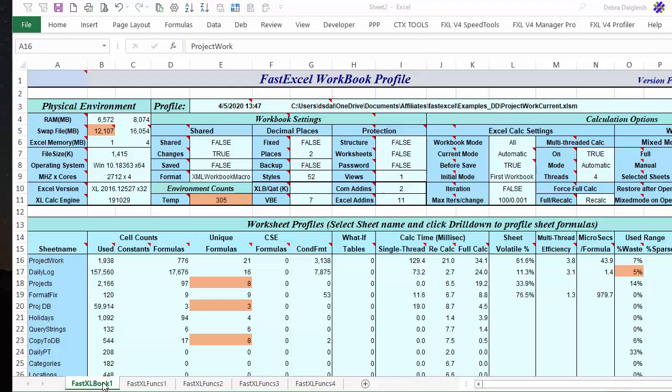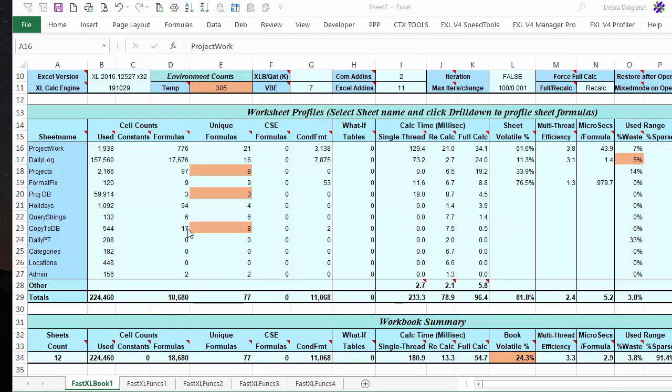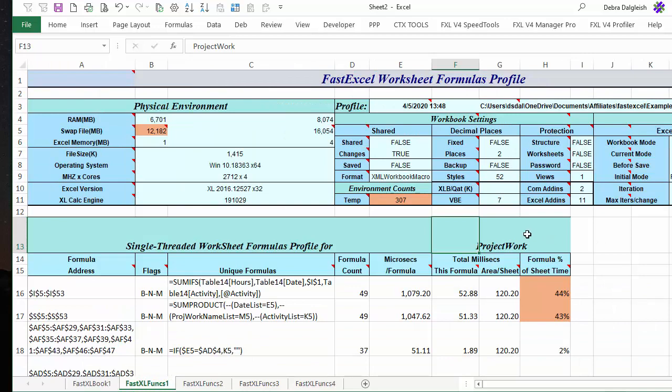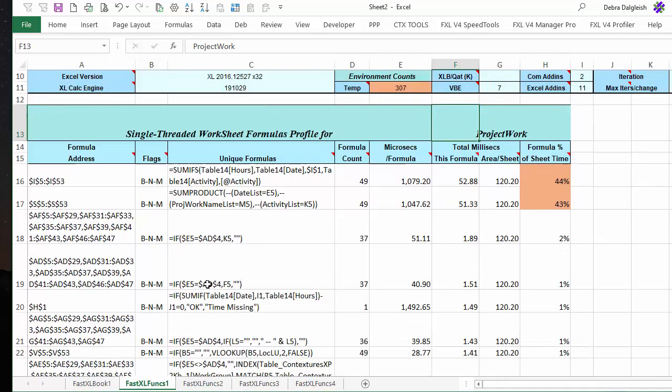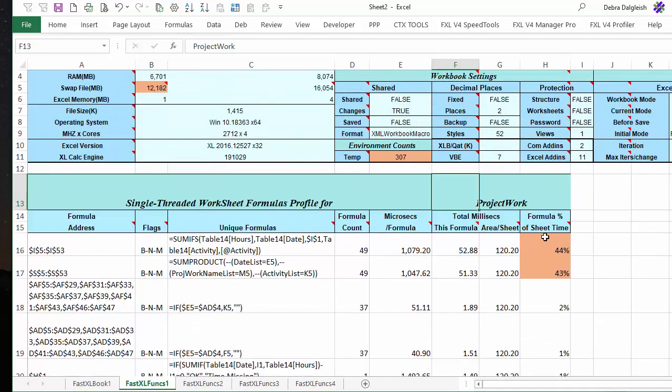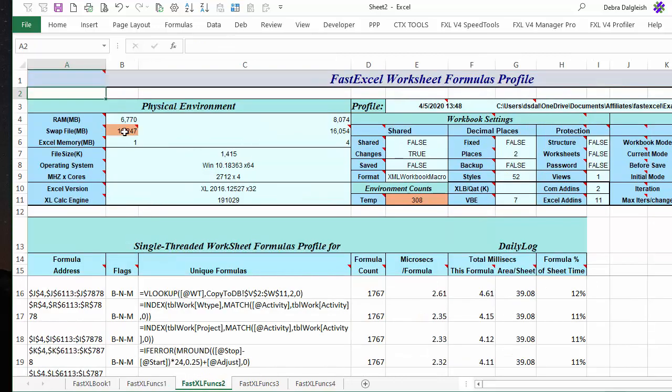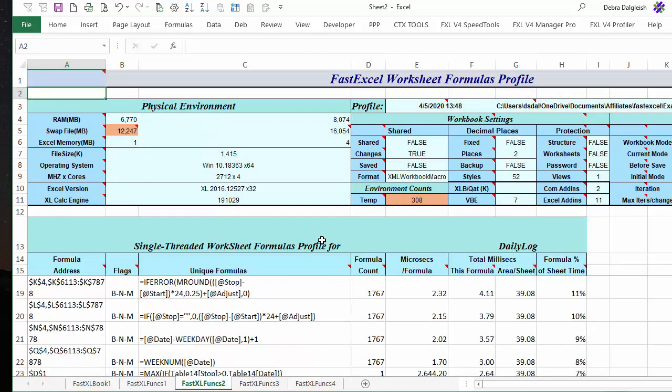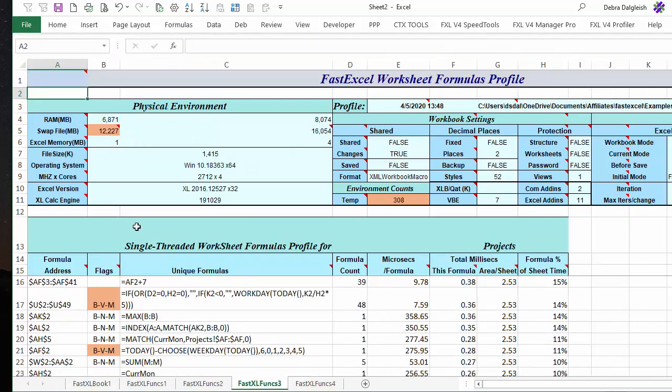So the first sheet is for the workbook, which looks like the report that I ran a minute ago. And then there are different sheets here that give formula reviews of up to the 5 worst sheets. So on this one, I can see the sheet name here is Project Work, and it's pinpointed some areas that I might want to look at. This formula is taking a lot of the sheet time, and the same for this one. It shows me orange cells here,